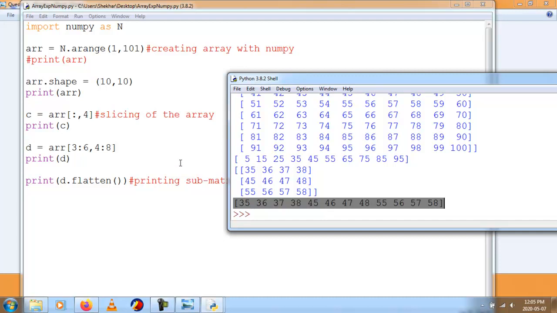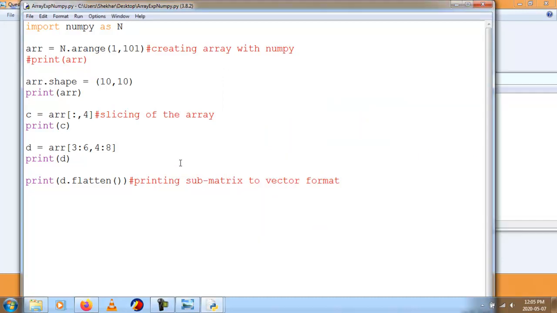So now check the code. What I have done: first I have imported numpy as np, and I am using the arange function to create an array with numpy with 100 elements, and thereafter I have reshaped it to make it a 10 by 10 matrix, and then I am printing that matrix.